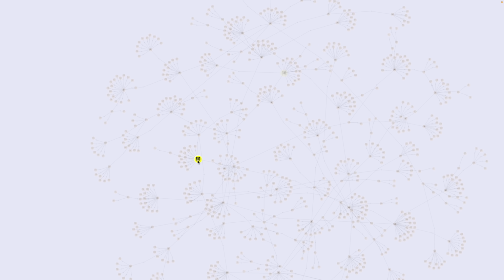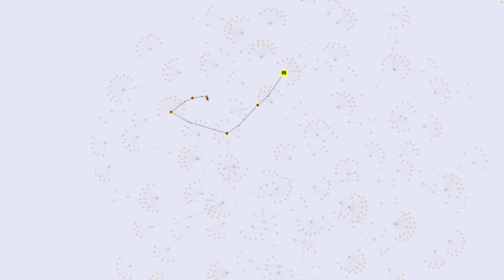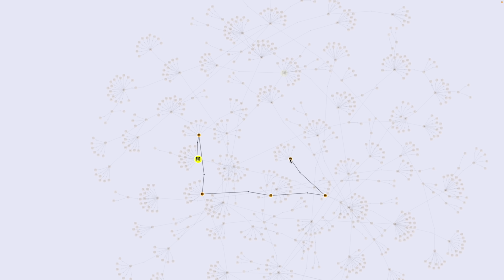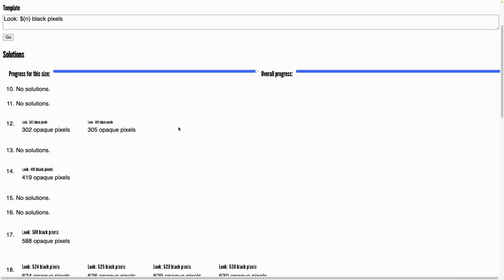So if you were to put any of these numbers in as your first guess, this shows you the path where the next guesses in the iterative process would happen, in this case eventually ending up on 916 or other ones on 910. So we saw the case for font size 22 and there's the two solutions we could see,